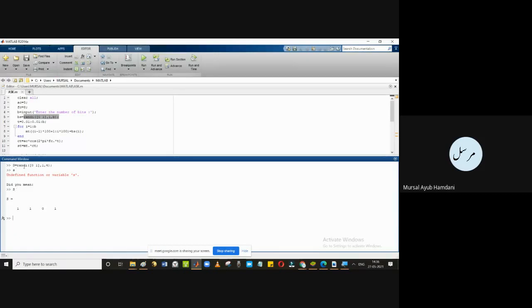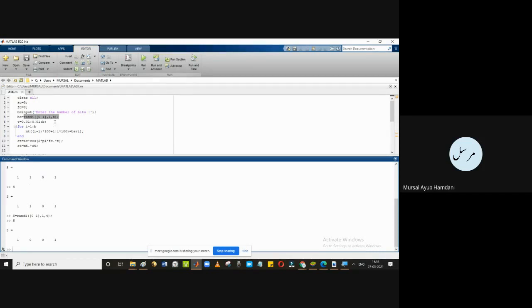Capital S, okay? RANDI integer values will be 0 or 1. Randomly it will generate on its own, different types. If I again put S equal to, it will give me a different value now because it is a random generation. See now? I have to write the command again, and then it will give me a different sequence. See, 1001. So it will generate a different sequence every time.